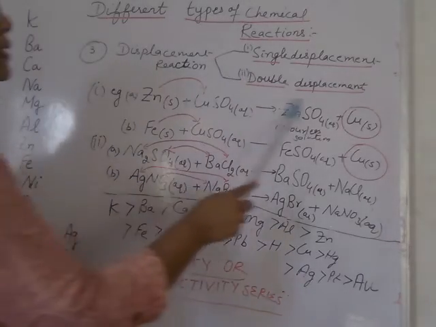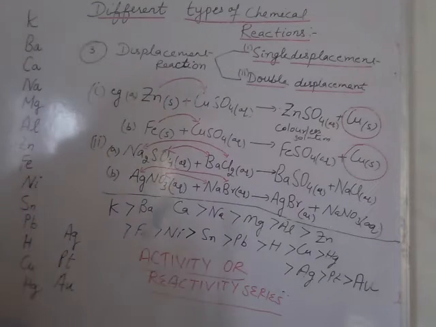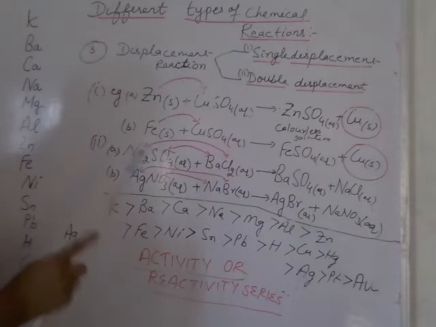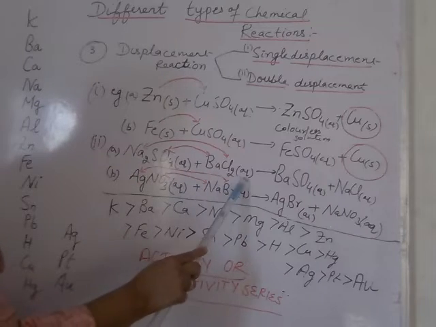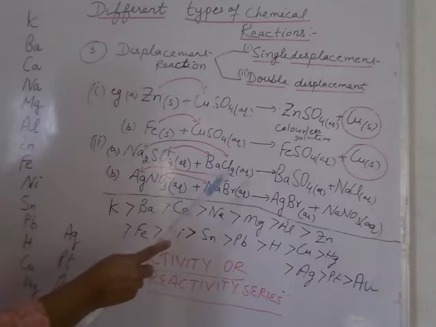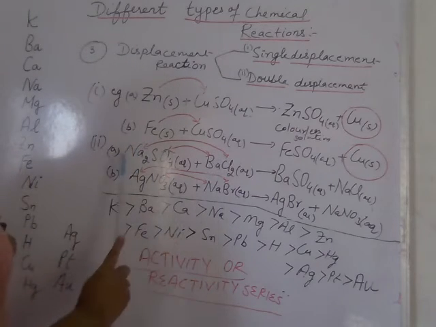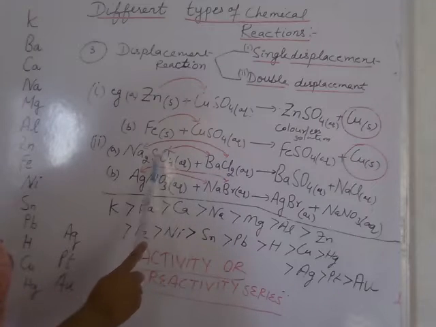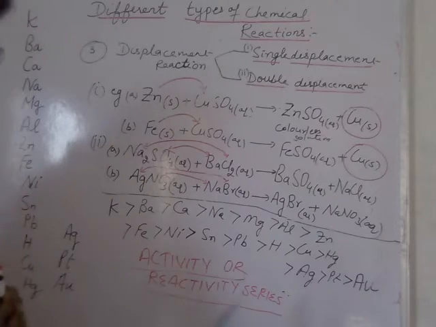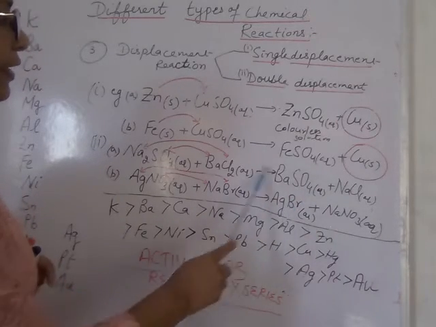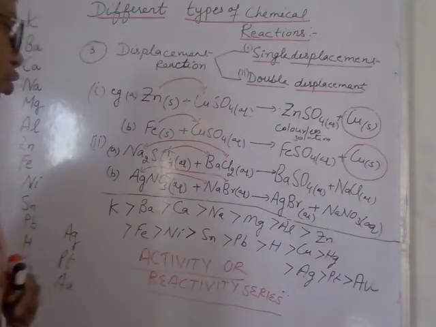Now the second type is double displacement reaction. Students, the reaction in which two different ions. Now I have given these two examples of double displacement. Here sodium sulfate aqueous solution, barium chloride aqueous solution. This is also ionic compound, this is also ionic compound. So now here two ions, sodium and chloride, barium and sulfate. These will be exchanging their places. So we will get the white precipitate of barium sulfate and sodium chloride solution.